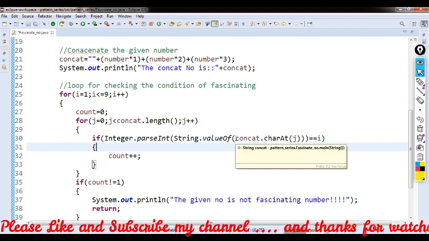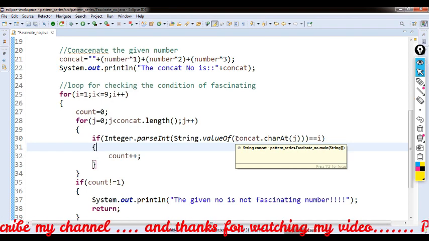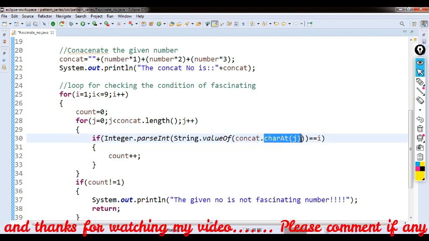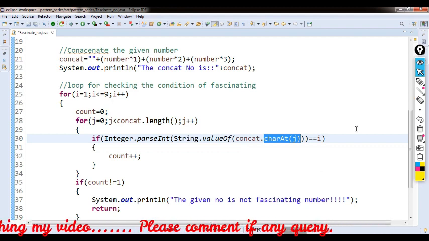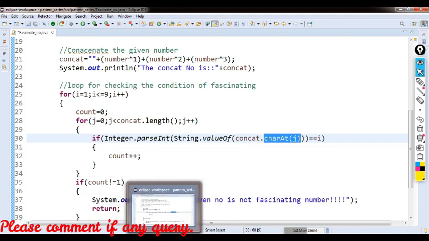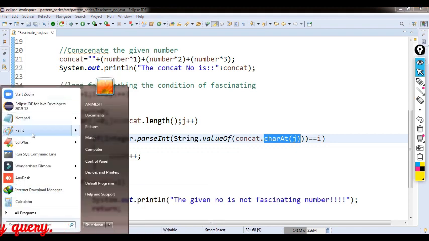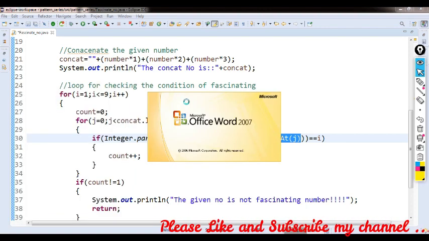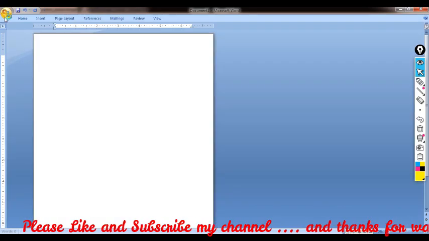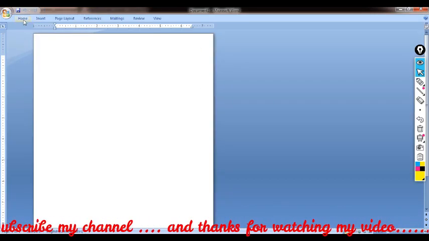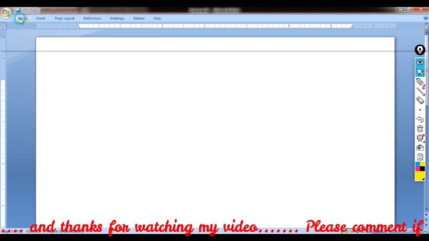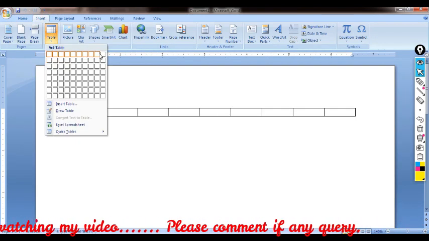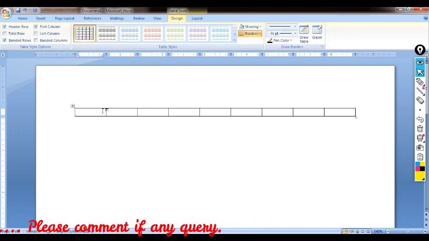Here the only thing is that we take every character, we use charAt for every character, to understand this. Here we have a string like that.